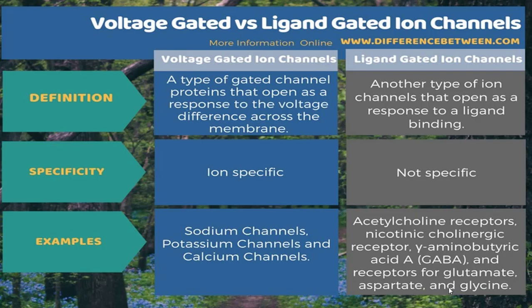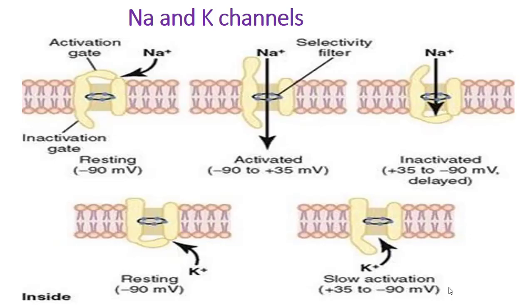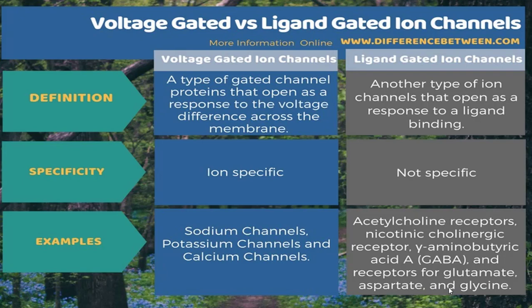So this was all about voltage gated channels and ligand gated channels, and at the same time there are some leak channels. They are especially important for potassium. Potassium has leak channels. That means potassium always moves down its concentration gradient. Suppose inside the cell there is a huge amount of potassium. So the potassium is always moving out of the cell membrane.